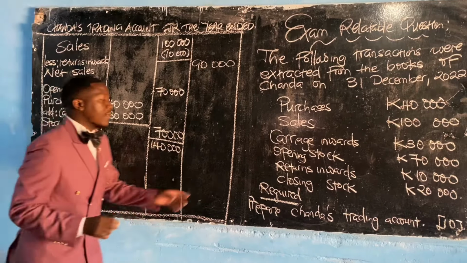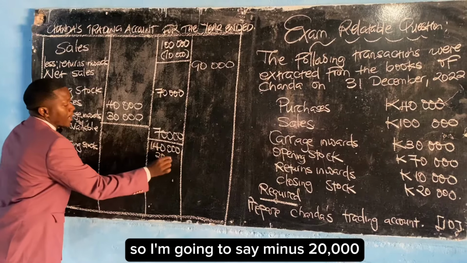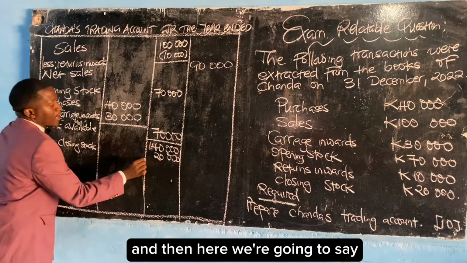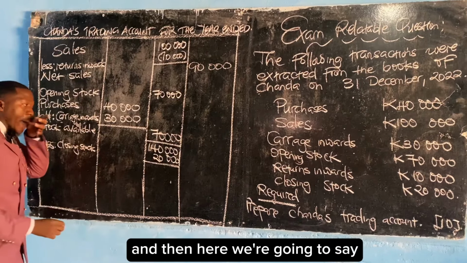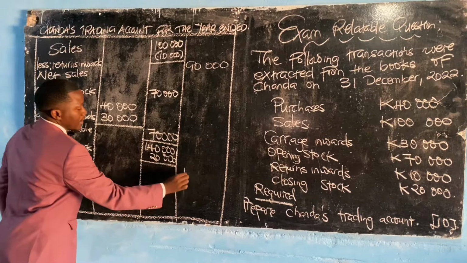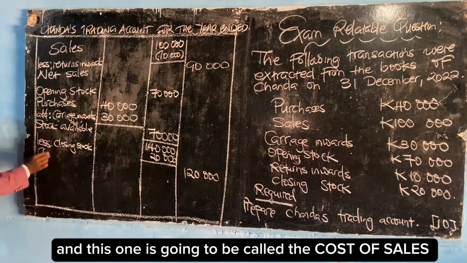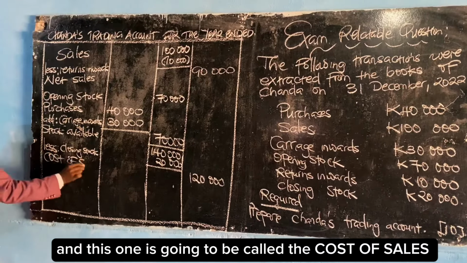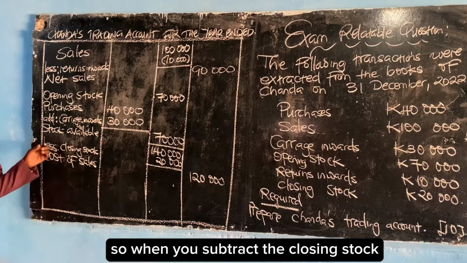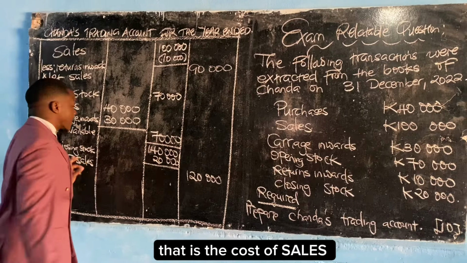And we're going to check the value for the closing stock is 20,000. So we're going to say minus 20,000. And then here we're going to say 140 minus 20 is going to give us, that is 120,000. And this one is going to be called the cost of sales. So when you subtract the closing stock from the stock available, you are going to get, that is the cost